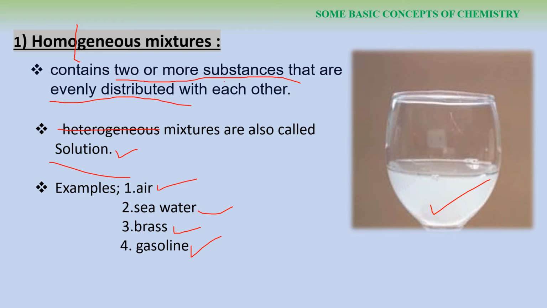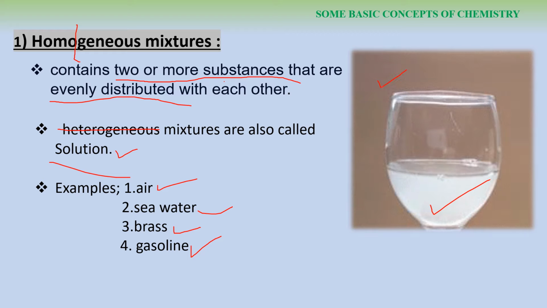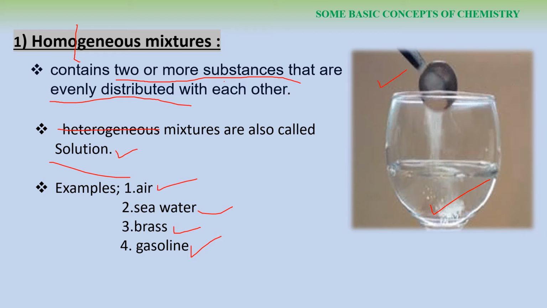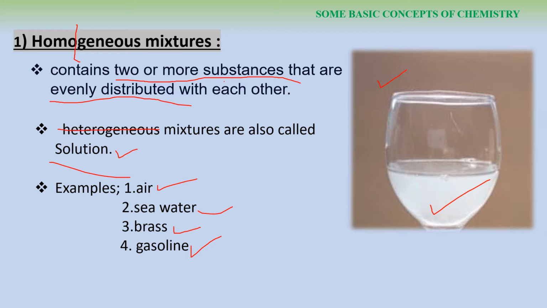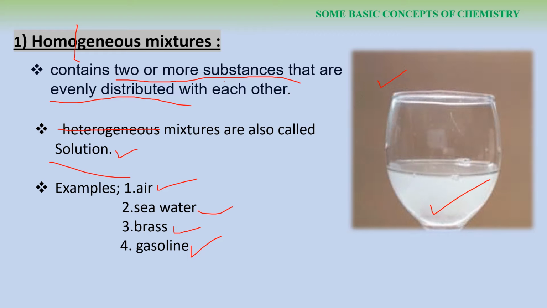So that salt will completely dissolve in water, right? And it becomes a salt solution. Same thing you can do with sugar also. Add some sugar into the water and stir it well. Observe after some time what happened. It becomes a sugar solution, right? That sugar will dissolve completely, uniformly throughout the water. So both are examples of solution and also homogeneous mixture. You all know that homogeneous mixtures are also called solutions.